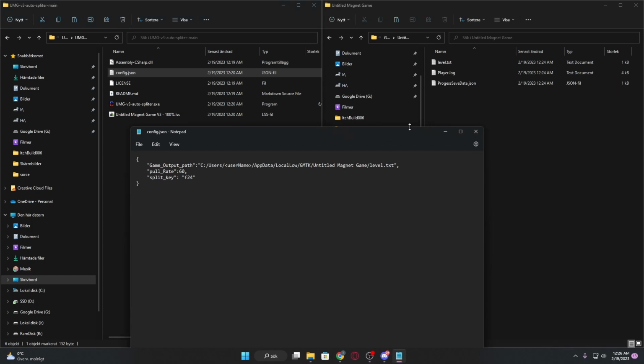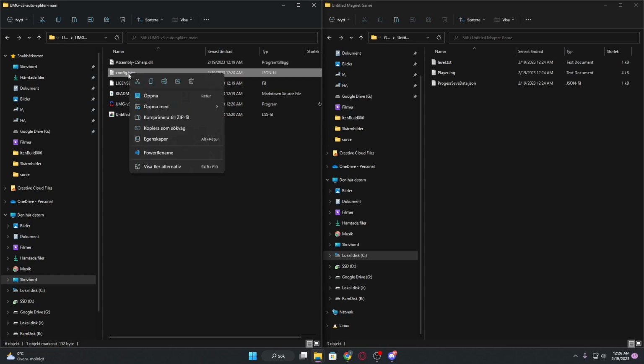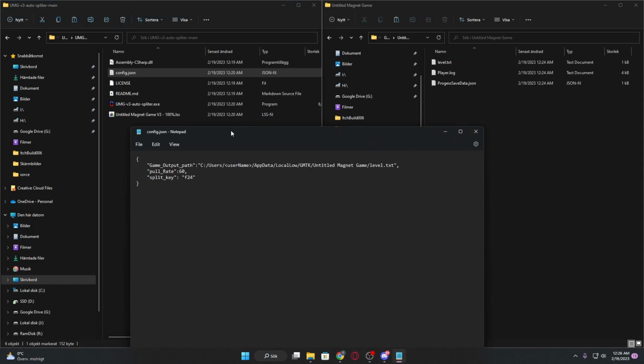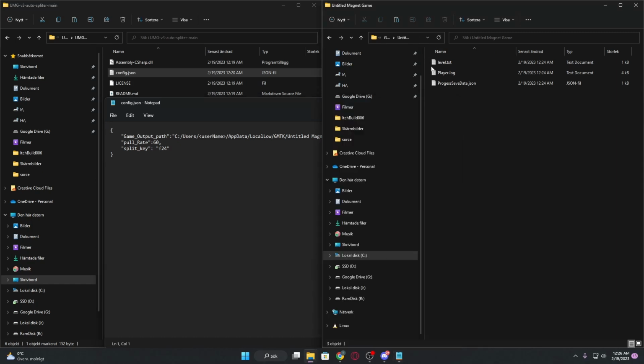Open it. If you can't open it, if it looks like this file, for example, what you need to do is right-click it, Open with, and then Notepad, and it should open like this. And what you want to do is, in here where you have the level.txt file,